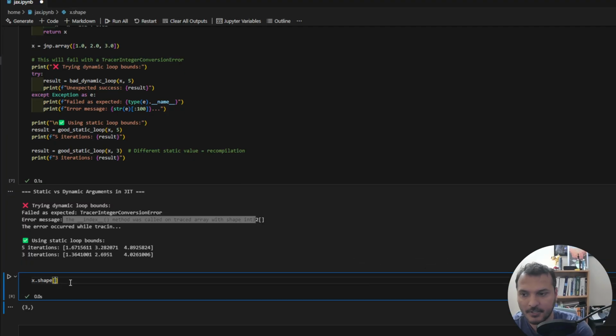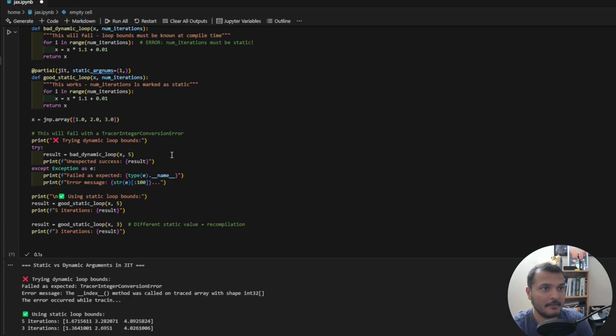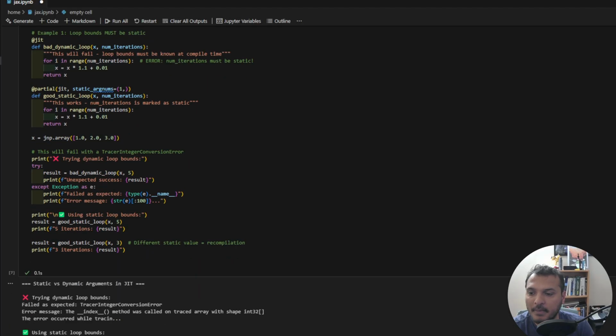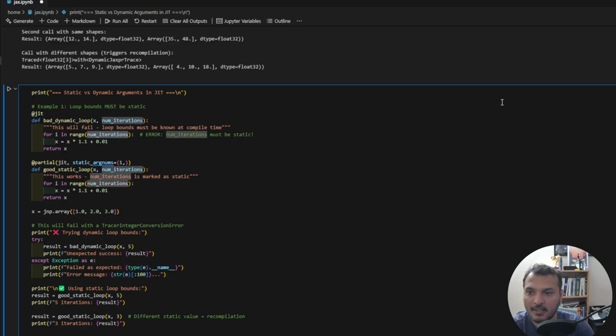So what I will do is I can pin it to the shape or the length. So what if I do length of number of iterations? So the length is 0, and because it's an integer that I'm passing,